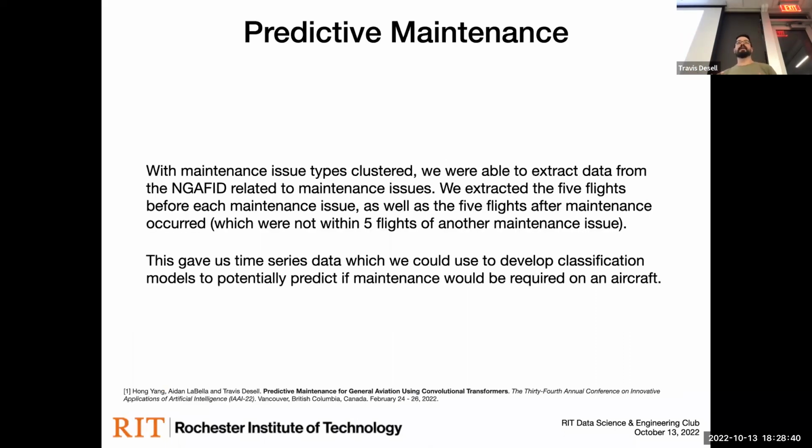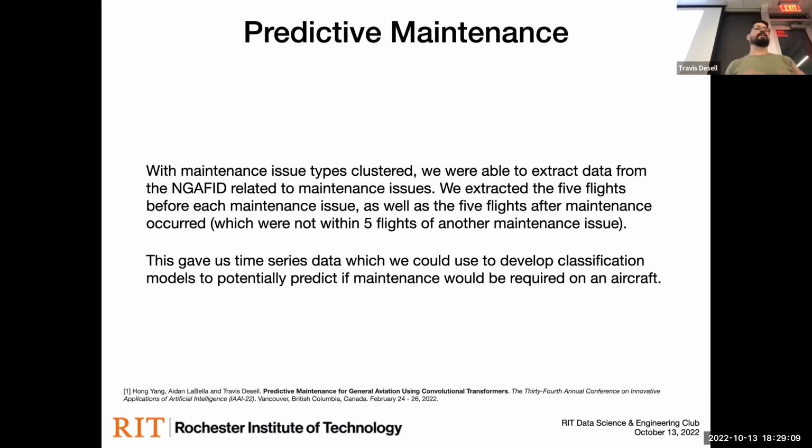We went into the NGA FID and we grabbed the time series data from flights leading up to the maintenance issues, and then other flight data from where we knew a flight wasn't within X amount of a maintenance. It was either right after maintenance, but also not within another maintenance issue. So maybe they fixed something, they flew it a couple of times and there was another problem. We didn't want that data, right? So we wanted good, clean data for no issue flights, and then data leading up to these maintenance issues,